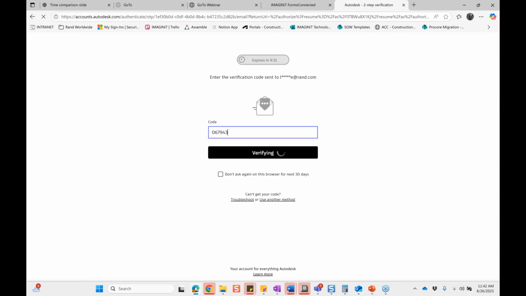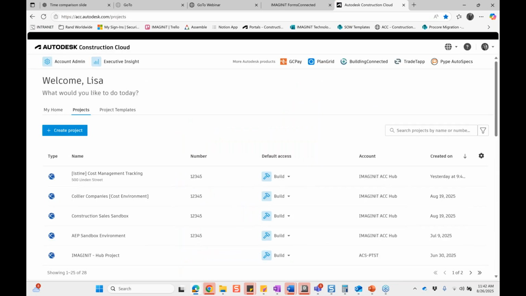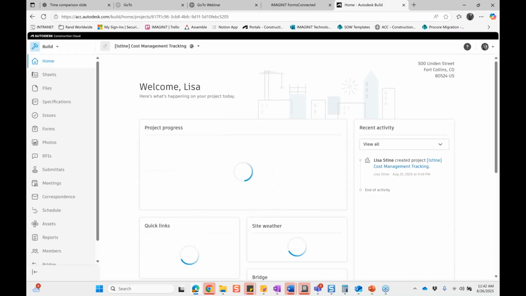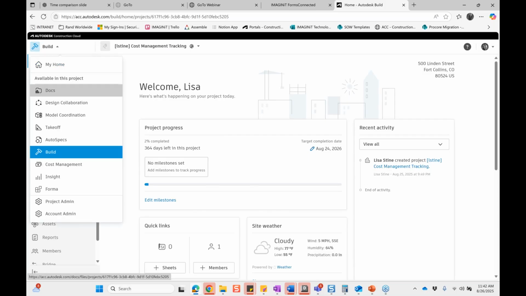All right. So again, that trigger is going to be established by Pulse, and that's something that we would help you set up. The trigger is going to say, once this form is submitted, a PDF of that form is going to be sent to a specific designated project folder inside of our project, and that cost information is going to go into cost management. So let's look at the first thing that's going to happen. I'm saying that in Docs,